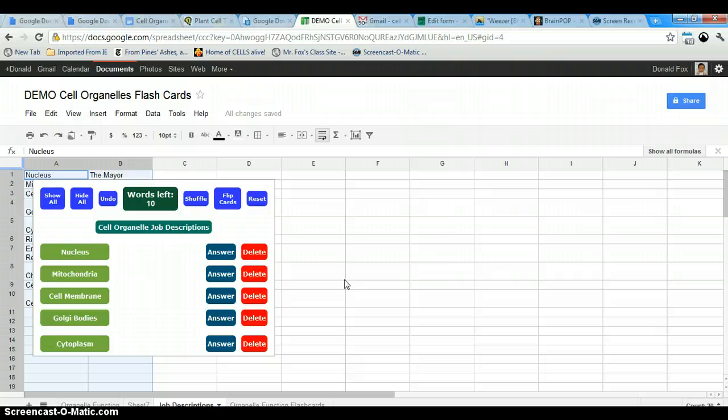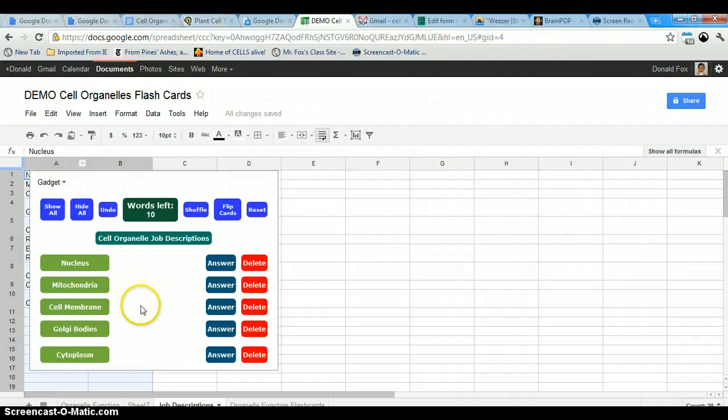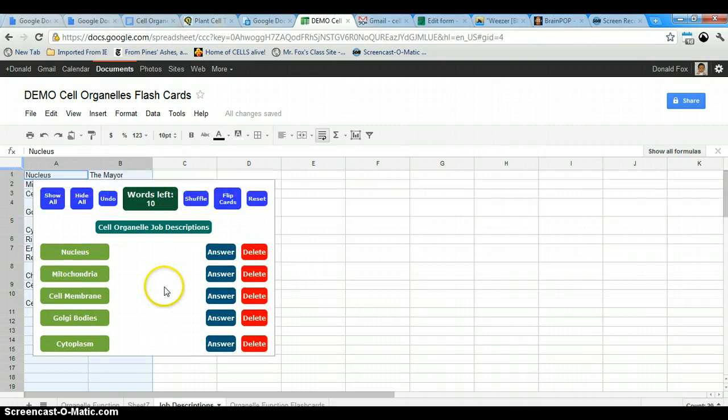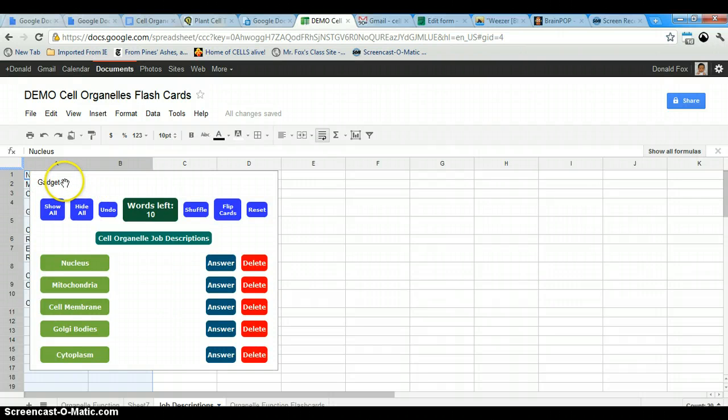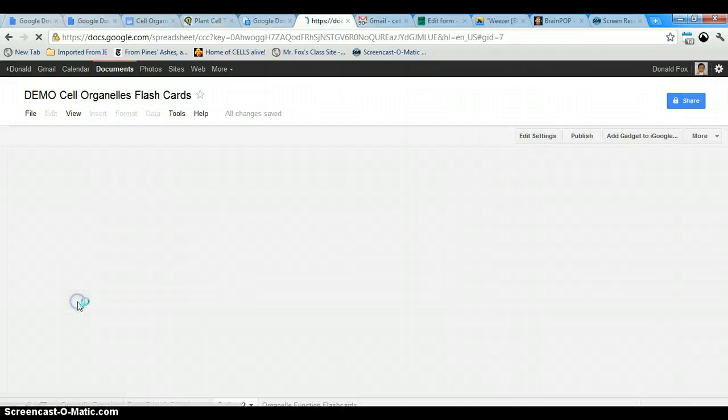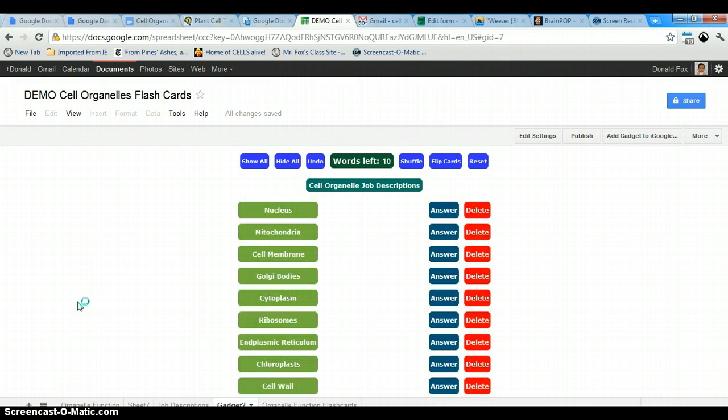And as you can see here, our job descriptions come up, and just like the same as yesterday, notice how you can't really get through all the stuff, and it might be a little bit of a pain to try to get through your terms. So you click on the middle, wait for Gadget to pop up, click on Gadget, move to Own Sheet, and then your page will probably come